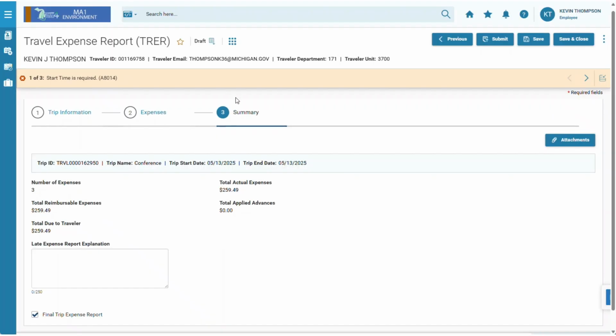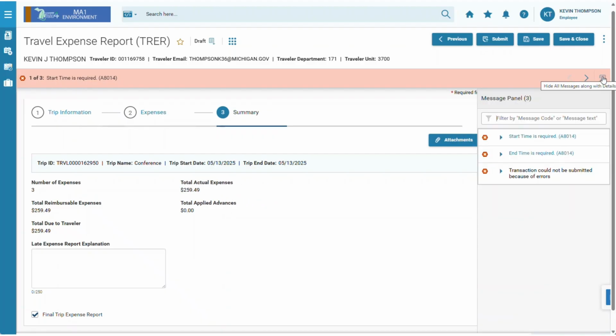And we do have a few errors here, so we'll go ahead and review and fix those. So I can either review each error individually by clicking these arrows, or I can expand this Show All Messages Along with Details icon, and that will show me the entire list of warning or error messages. So the start and end time, those are the errors, and that is what we left blank on purpose just to show you earlier for the